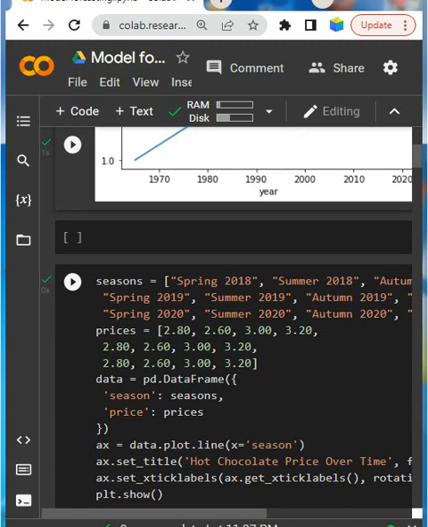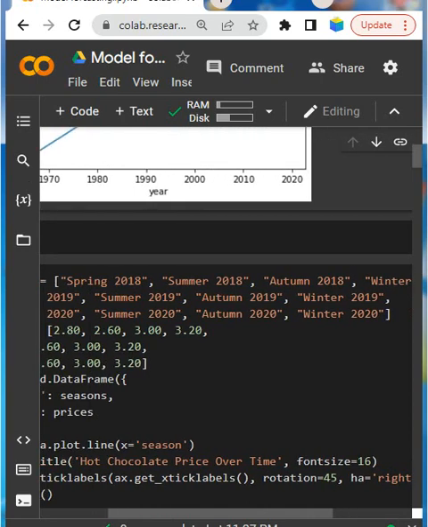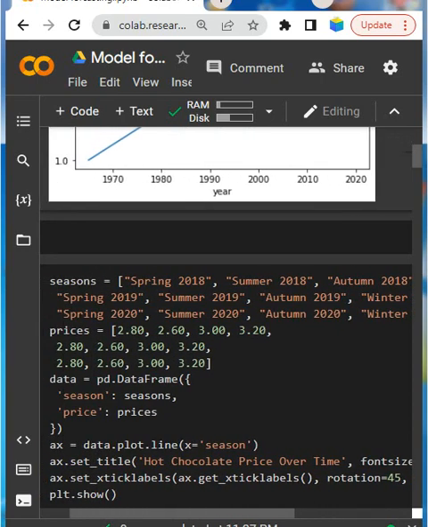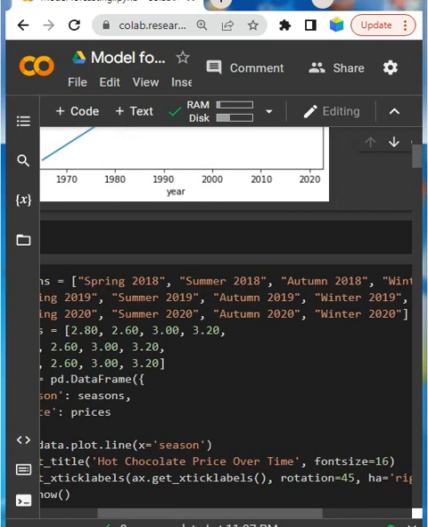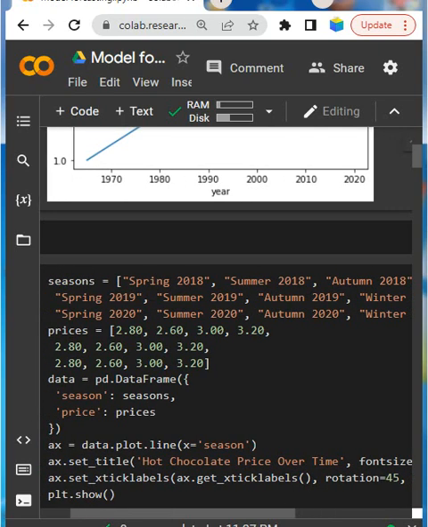There are two columns of data: one is the season's name, mentioned from 2018 until 2020, and the price has been given for each season. The data has been created with pd.DataFrame as before, season and seasons, price and prices. The seasons represent the season and prices represent the price.